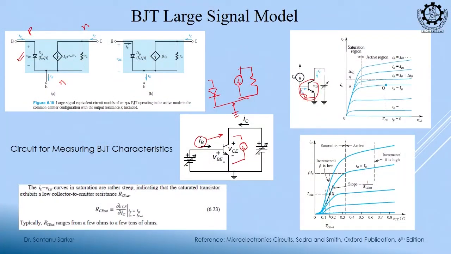So, this is our model. Now, input side we can either do in terms of base emitter voltage or do in terms of base current. So, for example, here output current is expressed in terms of base emitter voltage, IC is equal to Is exponential VBE by Vt. Okay. But here output current is written in terms of base current, IC is equal to beta IB. So, both ways we can write,